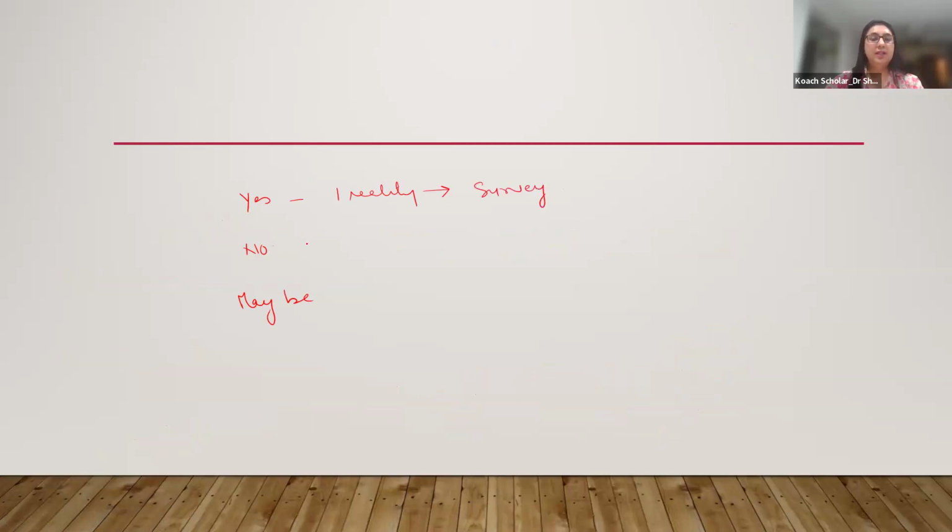But when you say no, which means it has not been adopted, the research is still incomplete, and we are at the stage of exploration, which means we will do a qualitative research. And people who say maybe, maybe it happened, maybe it did not, again we have multiple realities. So here it is going to be a kind of a mixed method